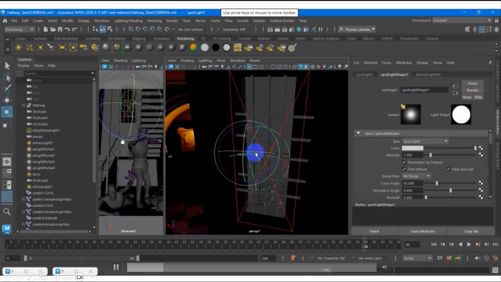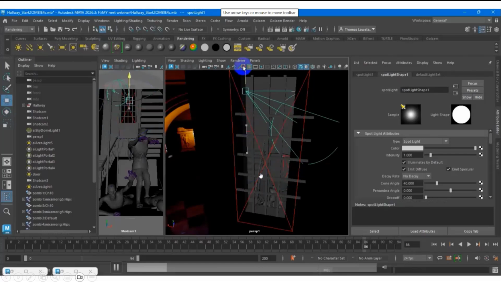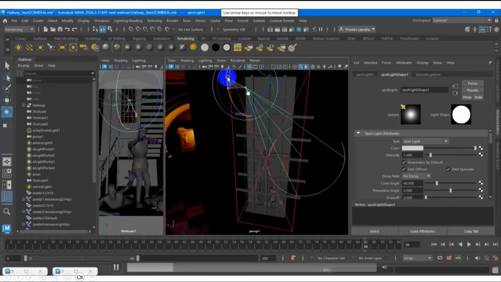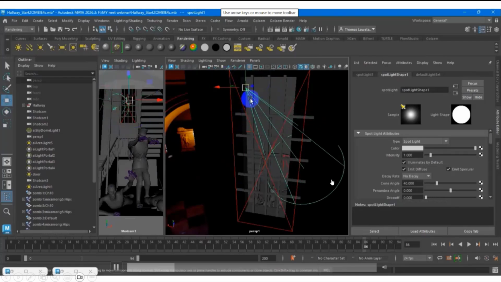This is sometimes easier for arranging the position and rotation. Sometimes we don't need to go into the lighting, and we can embed it with the locator and the constraint.